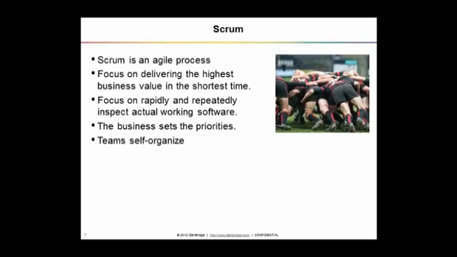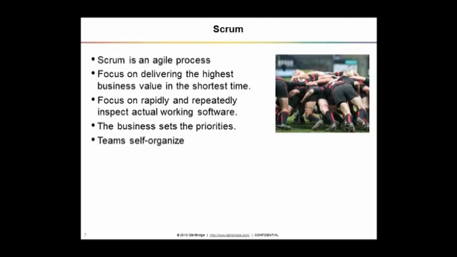It focuses on delivering high priority things sooner. So we are not thinking of the complete scope, but we are prioritizing the scope continuously and trying to deliver the top priority things sooner in the project life cycle. It focuses on repeated inspection and adaptation cycles. So we do an iteration, we run a sprint, and then we inspect the outcome of the sprint by looking at the working software. We also inspect the process which we are following by doing a retrospective, and then we adapt. We change our future course of action on the basis of learning from our first exploration.